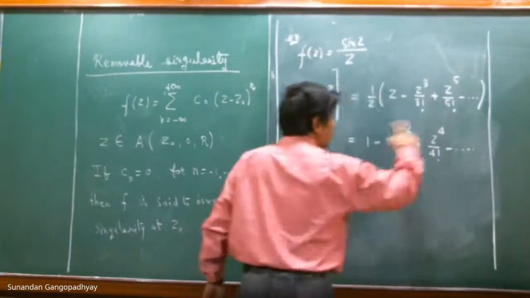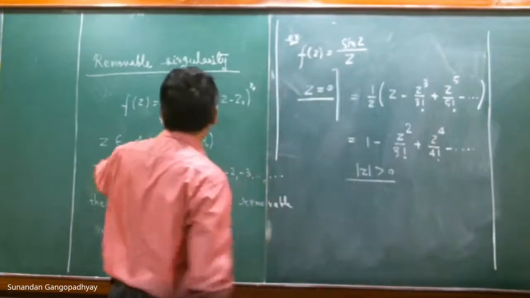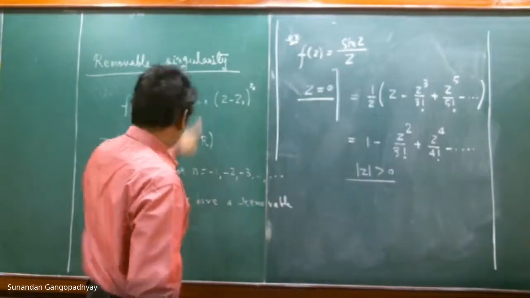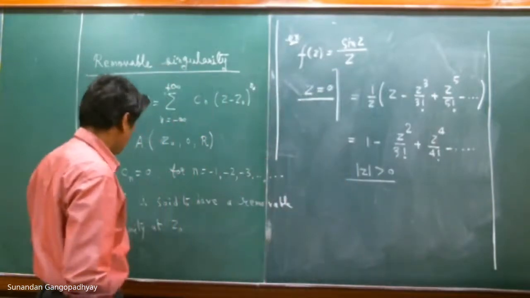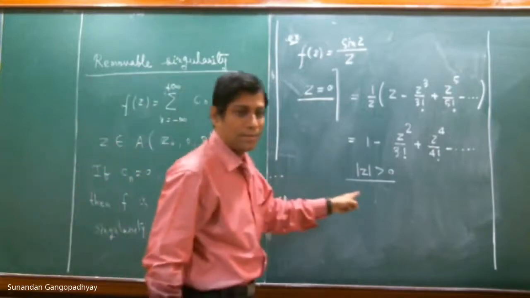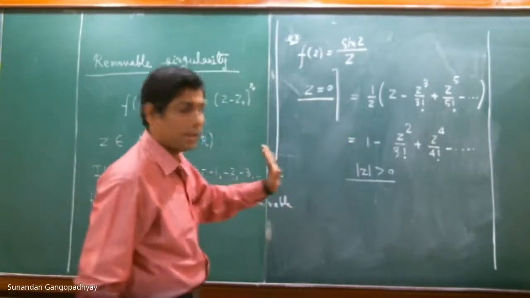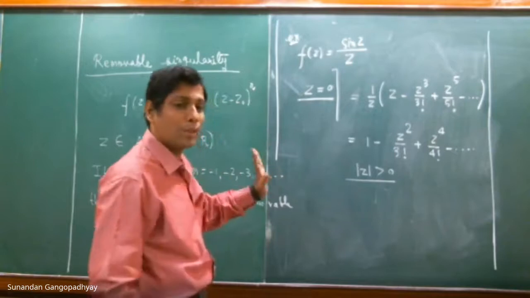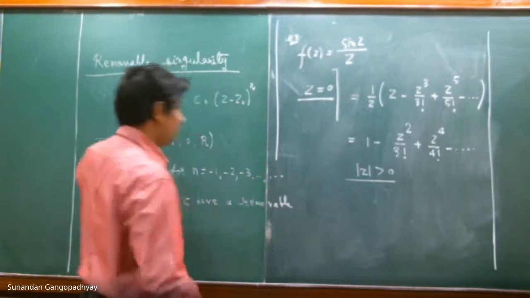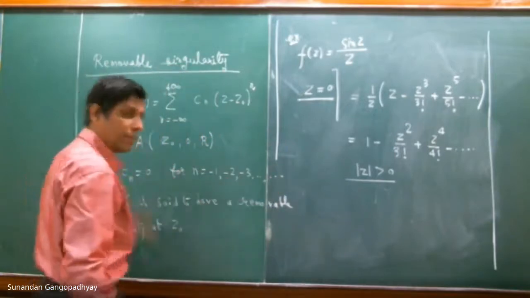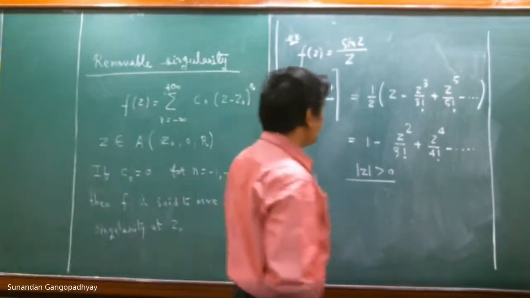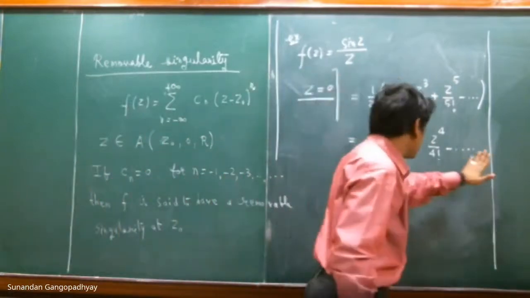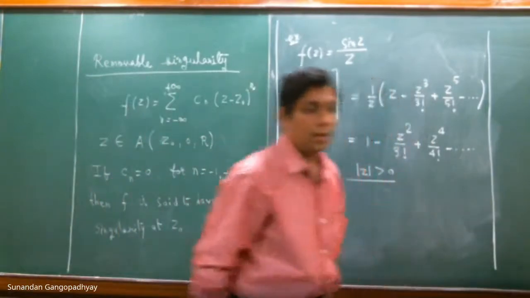And since this is a Laurent series expansion, you can already see that all the negative powers, Cn is equal to 0 for all the negative powers, right? All the coefficients of those powers are 0. So this is perfectly okay with this definition. This function admits a Laurent series expansion in this region.